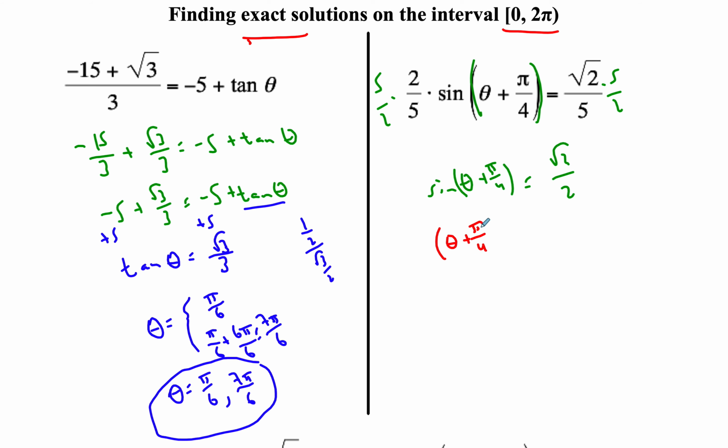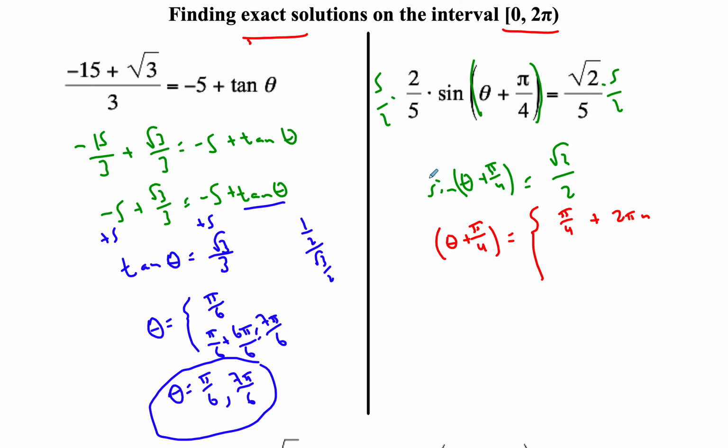Remember, because these are exact solutions, square root of 2 over 2 does show up in that interval. One angle gets us a sine or y value of square root of 2 over 2. Why, that would be pi over 4, right? Now, what is the other value that gets that? Now, I'm going to go ahead and add the period in here, 2 pi n, in case I need it. And then here,